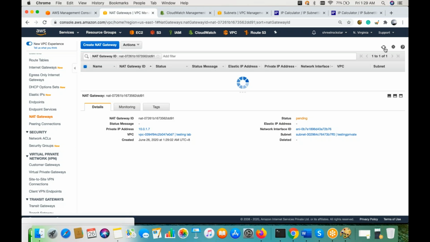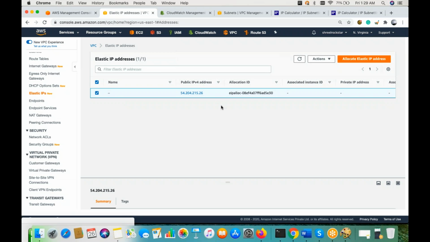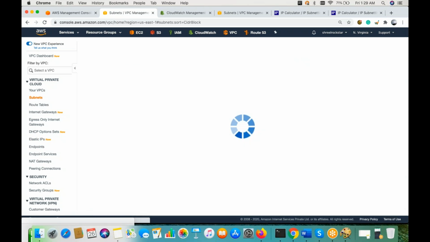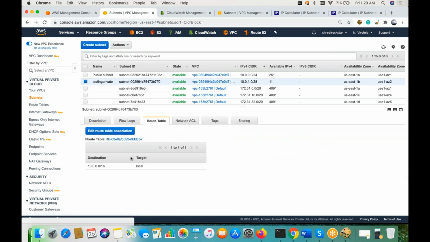One second. And if you see now in the elastic IP, same, you must have one elastic IP created, this one. And this is already allocated, so you don't have to worry about it, because it is being used with your NAT gateway. Okay. And if you go to your subnet now, that's the private one which we are looking for.